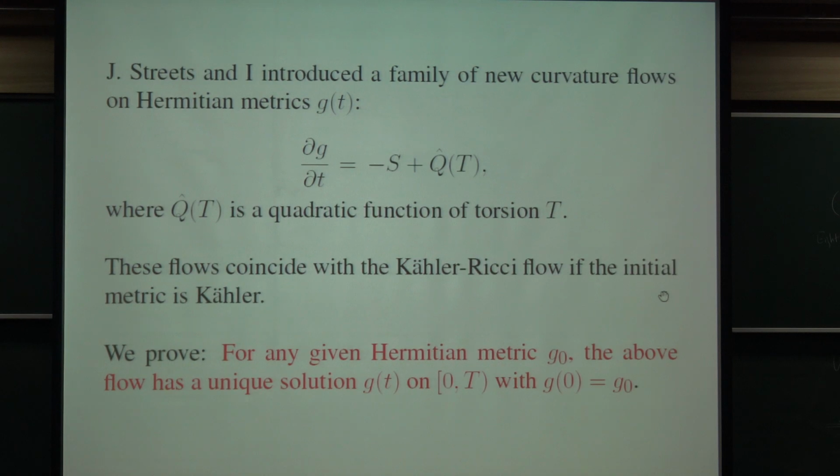So then you introduce a family of new curvature flows, called Hermitian curvature flows. Basically, you want to have this Chern-Ricci curvature plus a quadratic function in the torsion part. So this part only depends on torsion. This flow coincides with Kähler-Ricci flow if the initial metric is Kähler. Otherwise, it will never be a Ricci flow. For any given Hermitian metric, the above flow has a unique solution g_t, and